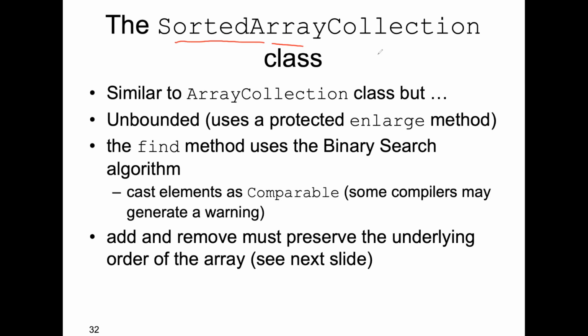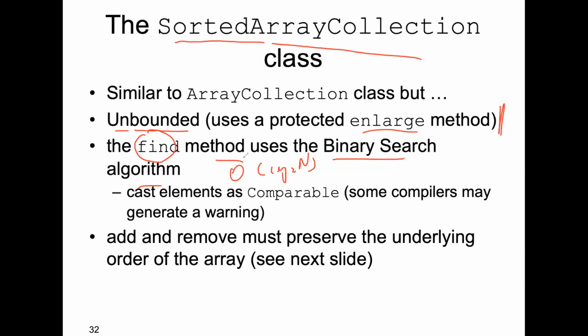In this sorted array collection, we will enable this collection to enlarge itself by doubling its capacity when the number of elements is filled. So you can think of this collection as a vector, dynamically sizable. To do that, we invoke its enlarge method, doubling the capacity of the original array and copying everything over. So this is what we call an unbounded implementation. In addition, our find methods will use the binary search algorithm, which is O of log base 2 of n